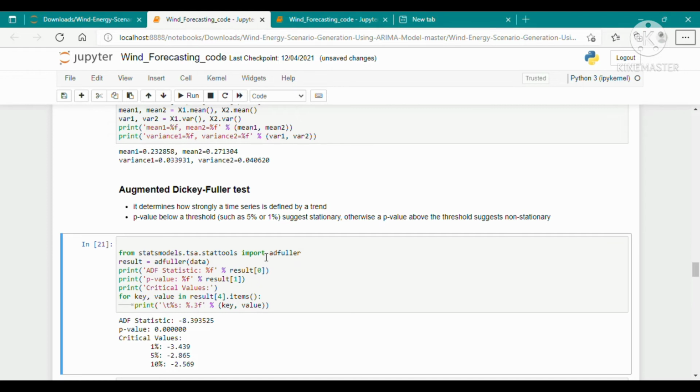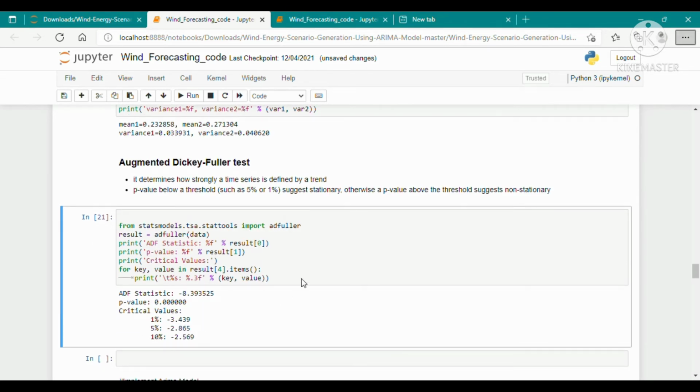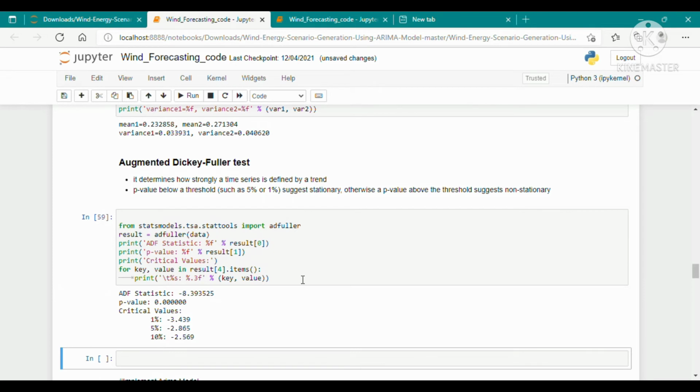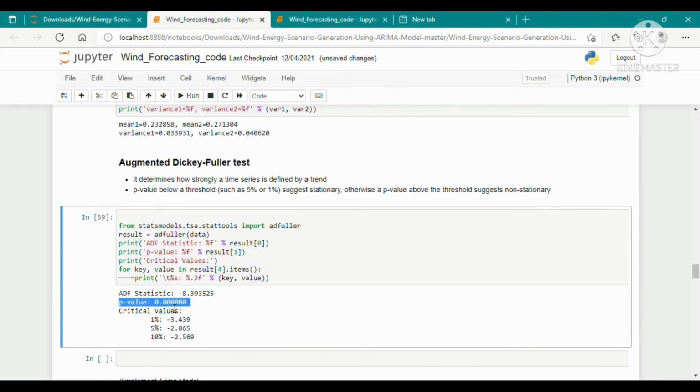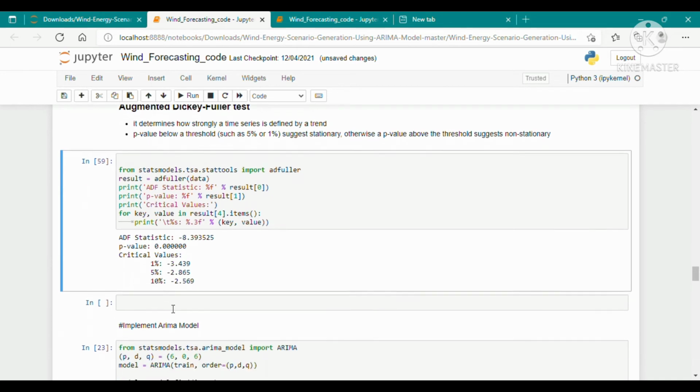It determines how strongly a time series is defined by a trend, and a p value below a threshold suggests stationary, otherwise a p value above the threshold suggests not stationary. Here the p value is 0, so that means our data is stationary, so we don't need to do anything else for that.